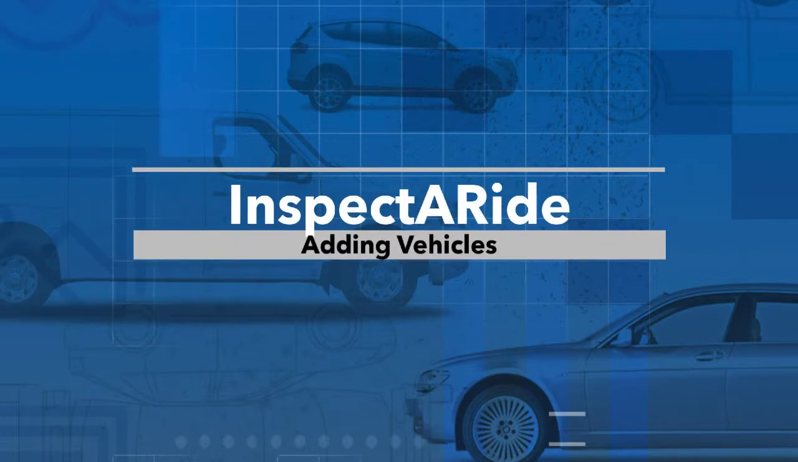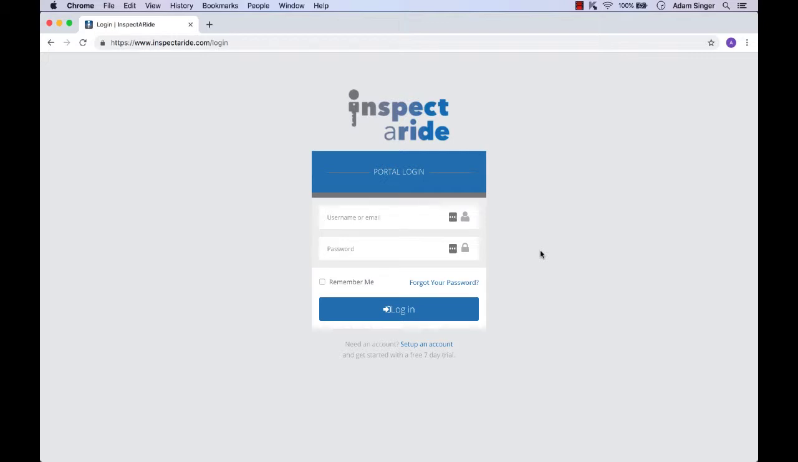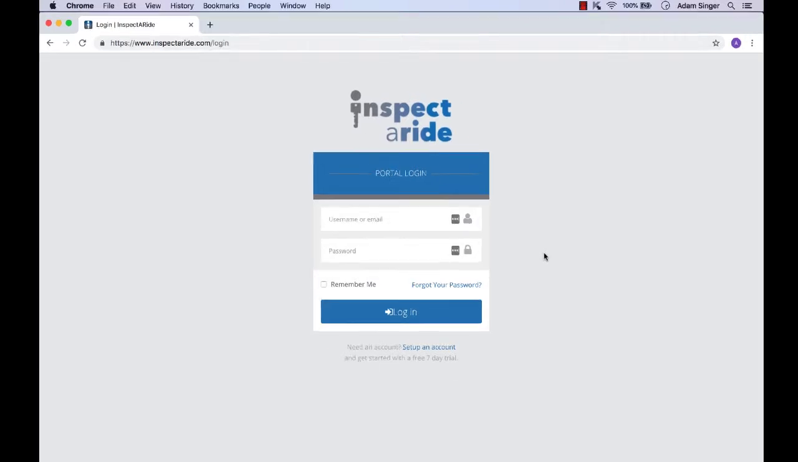This video covers how to set up a vehicle in InspectARide. InspectARide makes it easy to set up the vehicles in your fleet. Setting up vehicles is done in the online portal, which you can log into by going to